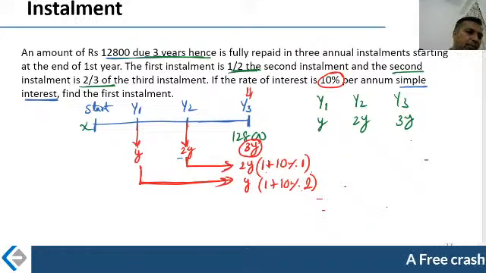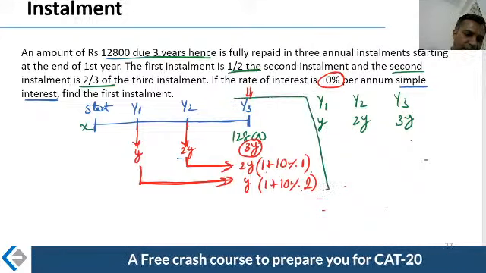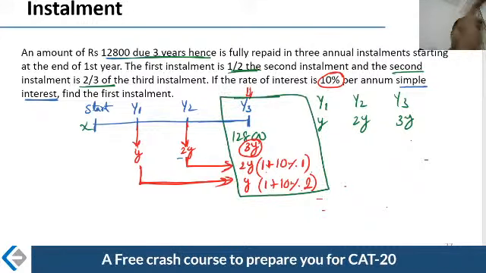Now all of them are in the same timeline. Same timeline, therefore you can equate them. All of them are in year 3, so you say